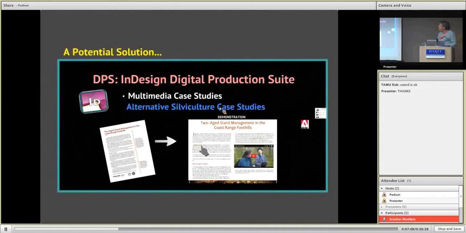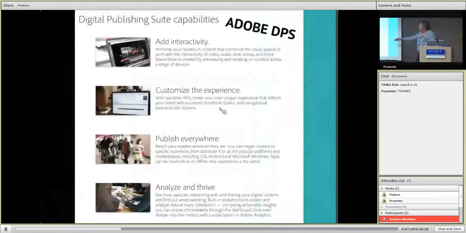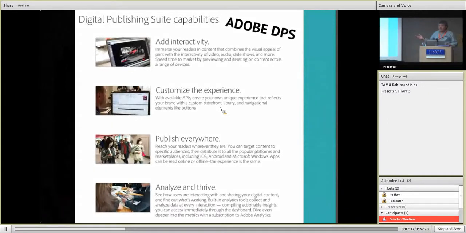And it turned out that Adobe heard about it. And they were very interested and actually came to see us. And after they saw what we were doing, they realized that much of what they publish with universities usually stops at the level of an alumni magazine or perhaps a student publication. But we were taking this software and creating interactive learning materials with DPS. And they just went crazy. They thought this was really great.